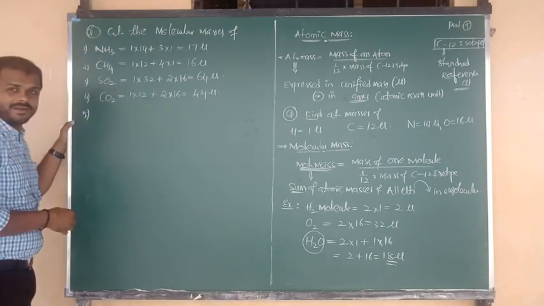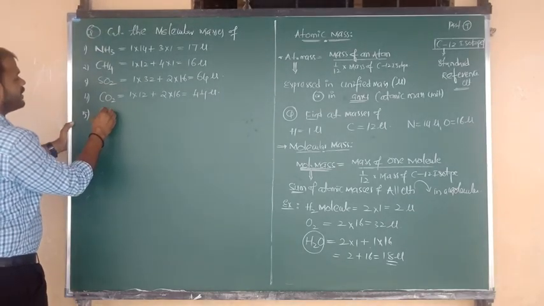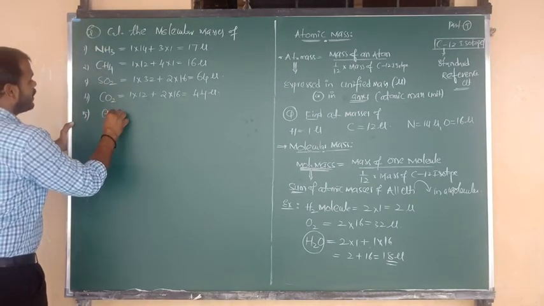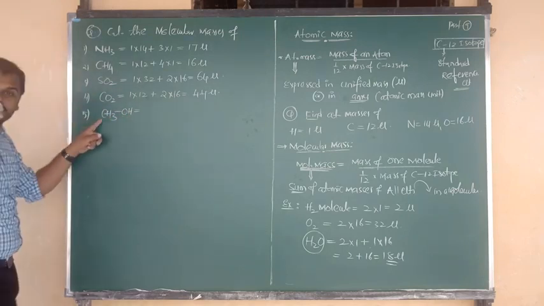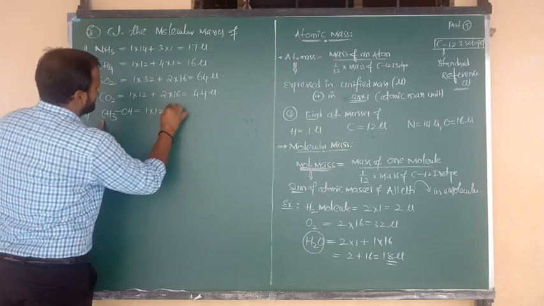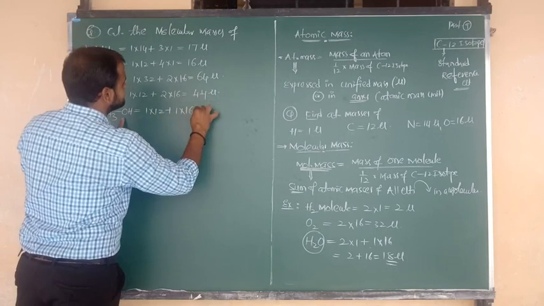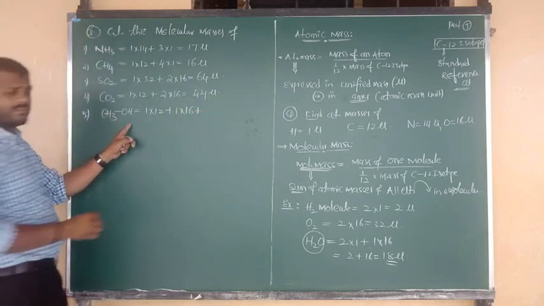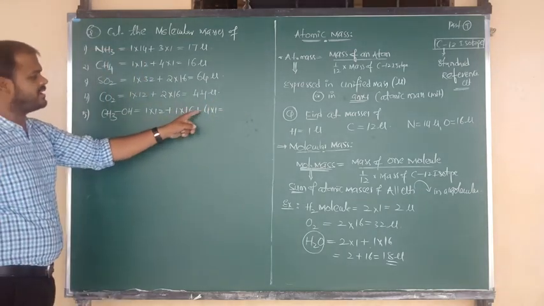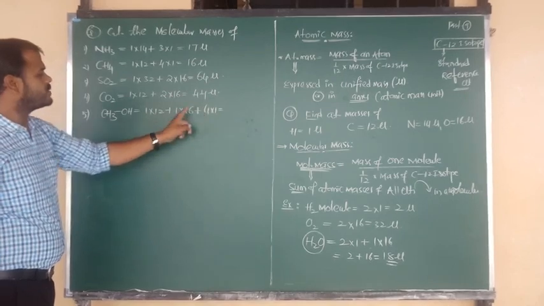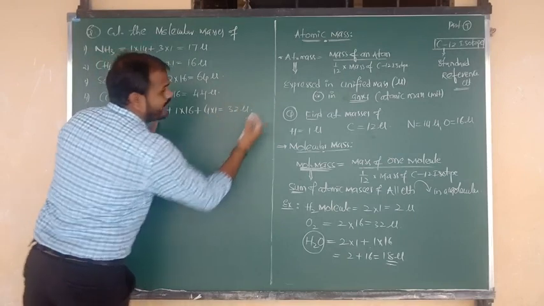Next one I am going to write, suppose the compound is methyl alcohol. What is the formula of methyl alcohol? CH3OH. So number of carbons is 1, atomic mass is 12. Number of oxygen is also 1, its atomic mass is 16. Number of hydrogens is 3 plus 1, 4, and each hydrogen contains 1 unified mass. So here 16, here 4. So the total is 20. 20 plus 12, we have to say 32 unified mass.